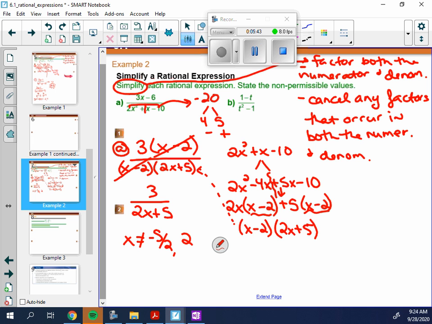So now why do I have to list both? Well, this original expression is supposed to be exactly equal to this one here. They're supposed to be worth the same amount no matter what x I put in. If I put an x of 5 up here or an x of 5 here, it should give me the same fraction, just reduced. Okay, so if I wasn't allowed to put a 2 in the original, then I am not allowed to put a 2 in the bottom, because then I'd have one more extra number that I'm representing that wasn't actually one of the original numbers. So your non-permissible values, you might want to put this over here when you go to simplify. Your non-permissible values come from